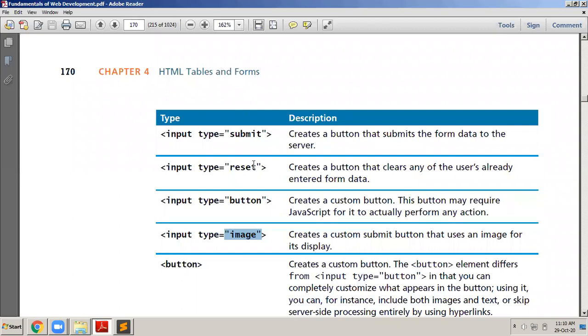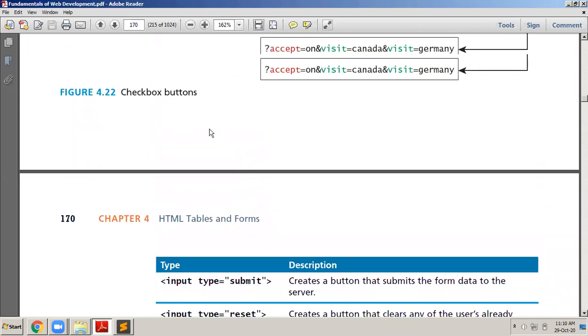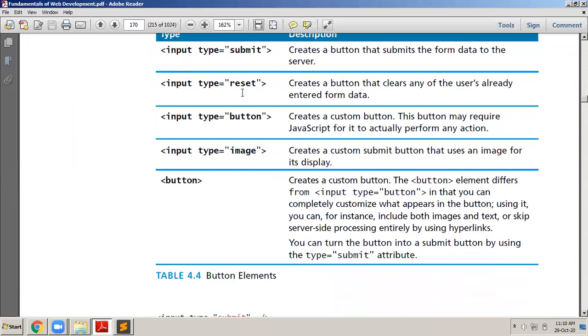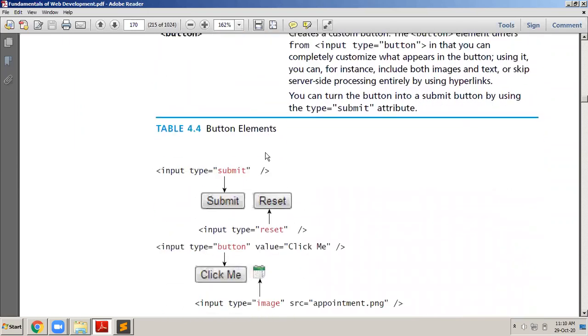Then finally, you have understood the text-based controls like text box, text area, password field, email, telephone, search, and all that. I hope you've understood the choice-based controls: the radio button, the checkboxes, the combo box, and the data list. These are the four. And then the button controls: the submit button, the reset button, a simple button, and the image button.